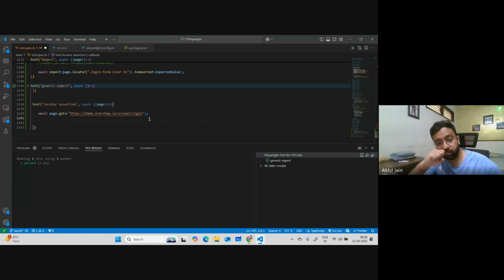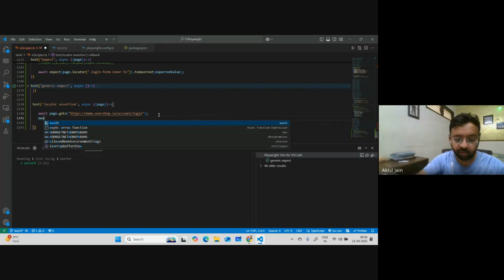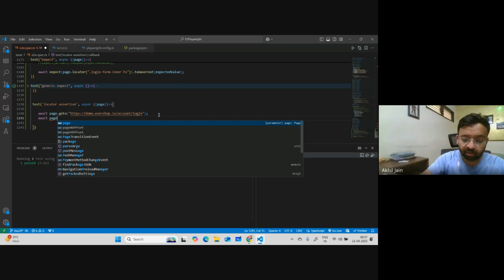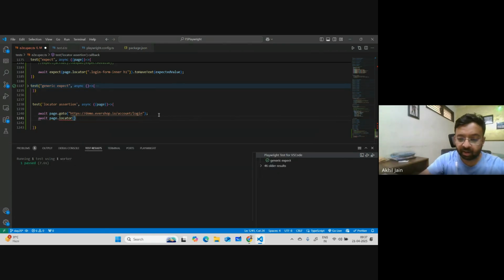What to do next? We'll now find the element. Let's say I do not have the locator assertions library available. What would be my approach? I would first work on that email field. How do you work on an email field? You have to write a locator for it. You will say page dot locator, and if I remember correctly, the locator was name equals email. Once you have the locator,